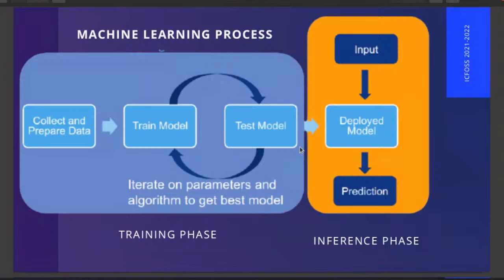The model is trained using commonly used algorithms. Everyone already knows the machine learning algorithms. The training models are created using tools that are already available. So we can train the model, test the model, and adjust the parameters to get a better one.